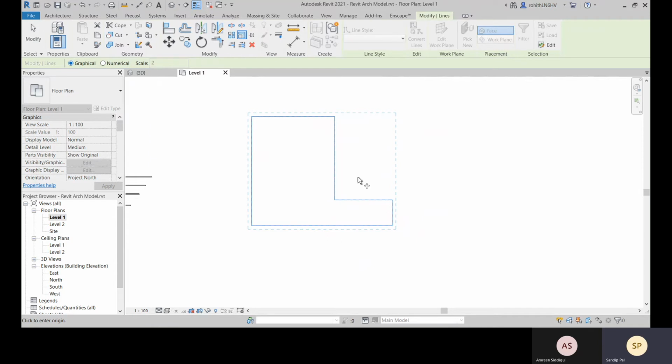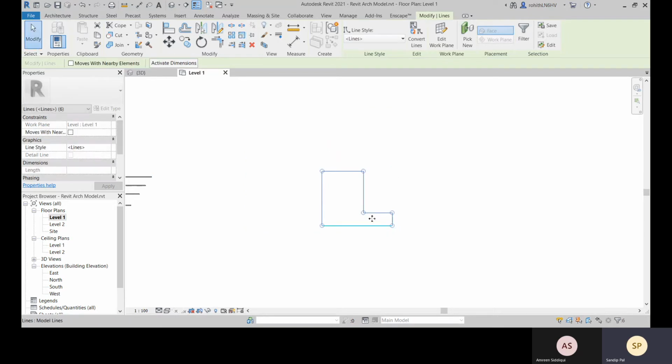If you go with graphical, then within this view with your mouse pointer you can specify point to point, and the point to point distance will define the scale factor, or how much the length will be increased. So let's go with numerical. Let me go with 0.5 and enter. Then specify the base point, and it is scaled down because I mentioned a reducing scale factor.